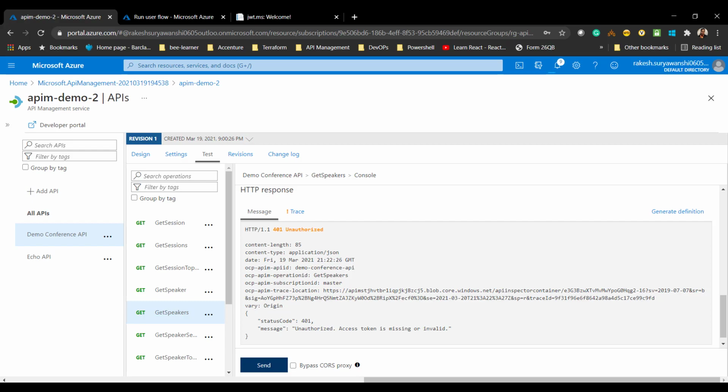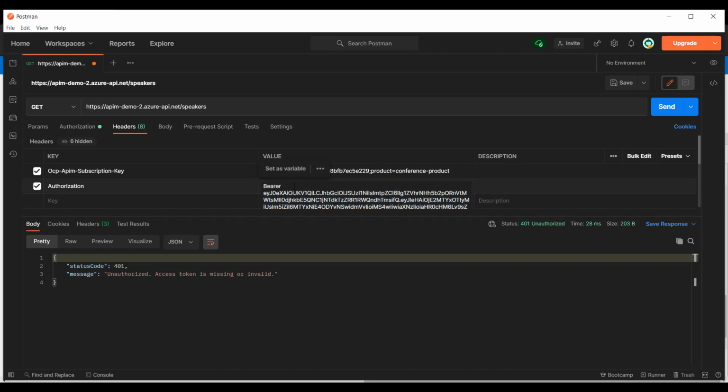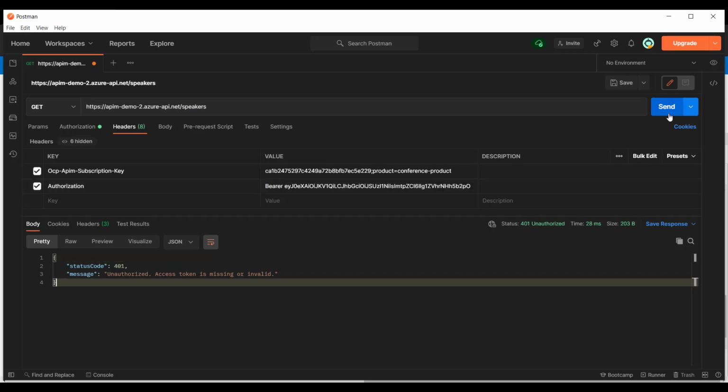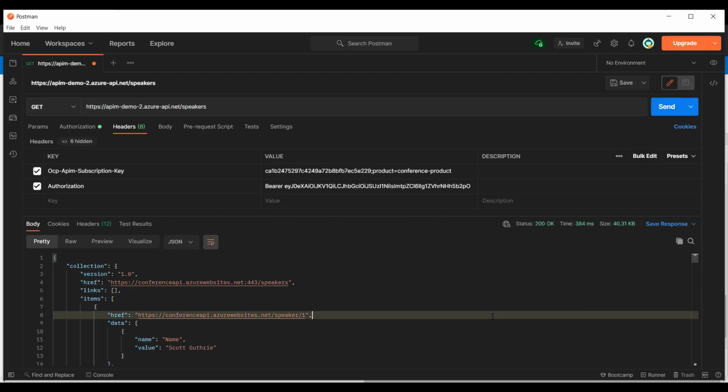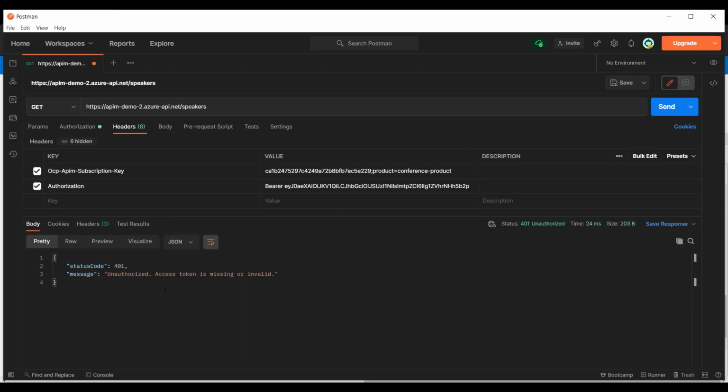Now let's verify the same thing from Postman. In Postman, I have opened the API URL. I'm passing the subscription key and I'm also passing the bearer token. Let's see, we're getting the response, and if I manipulate this particular bearer token, I'm getting a 401 error.